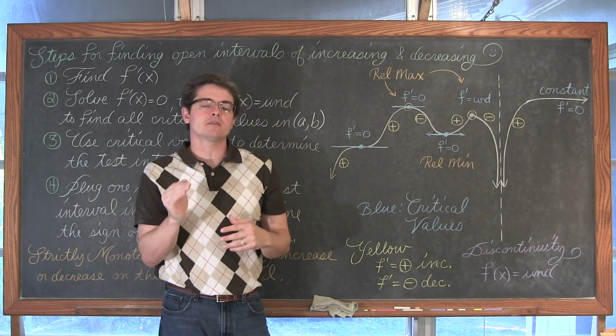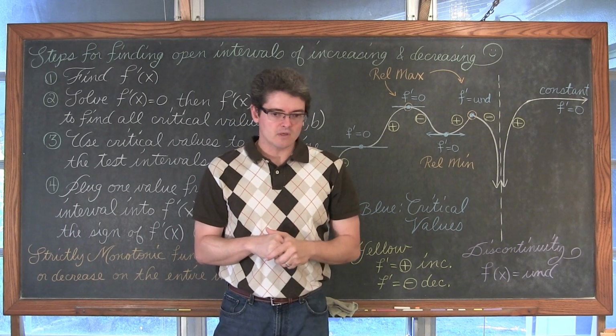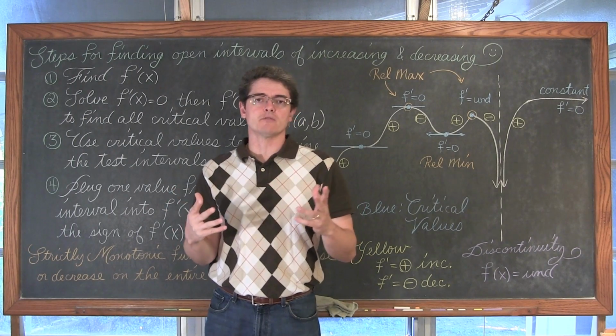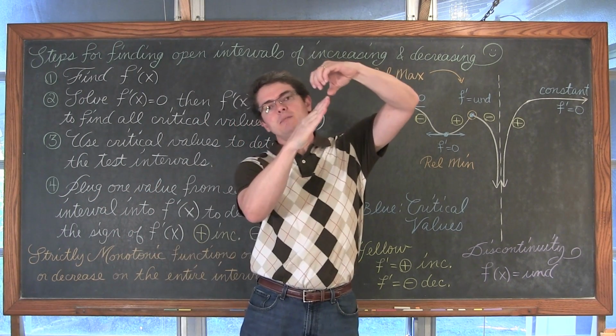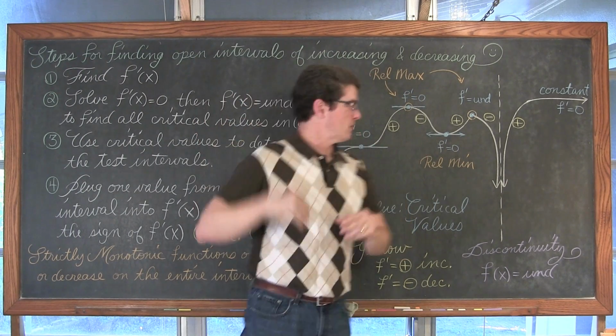So there's not going to be a relative maximum at a hole, just like when we talked about finding max and mins with open and closed intervals. You can't have an open dot be a relative max or an absolute max or min for that matter if it was going the other direction.